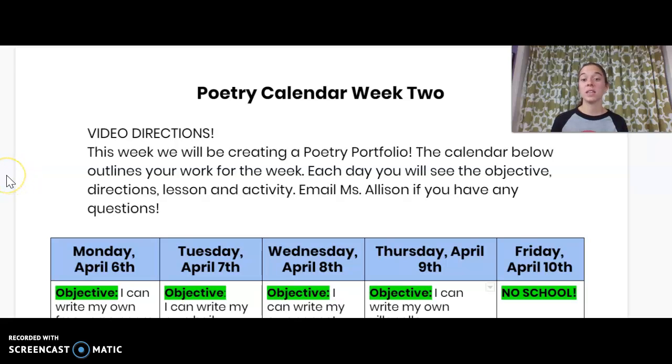So just like last week, guys, I want to give you your work ahead of time. I know that remote learning looks different for all of us. We have different schedules and things going on at home. So the idea is that you can have your work and do a little bit each day. I will be collecting it at the end of the week. Now, if you look carefully, the end of the week is actually Thursday this week because we have Friday off of school. So on Thursday is when I'll be collecting all of your work for this week of poetry, okay?